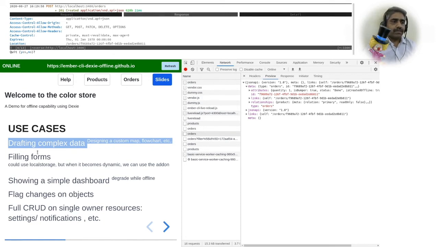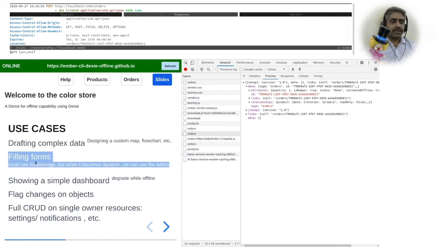And filling forms, similarly. The common solution would be to use local storage. But when the actual form becomes dynamic, like when the select boxes are all coming from the server, and there is interdependency between the first answer and second answer and so on, then it may be prudent to save the data using this add-on.